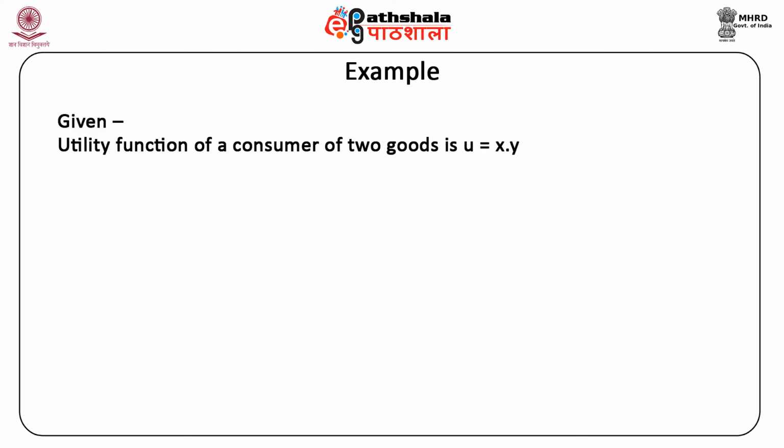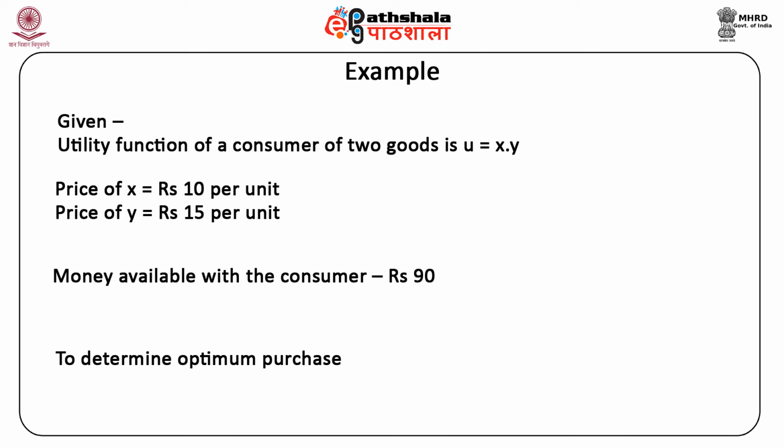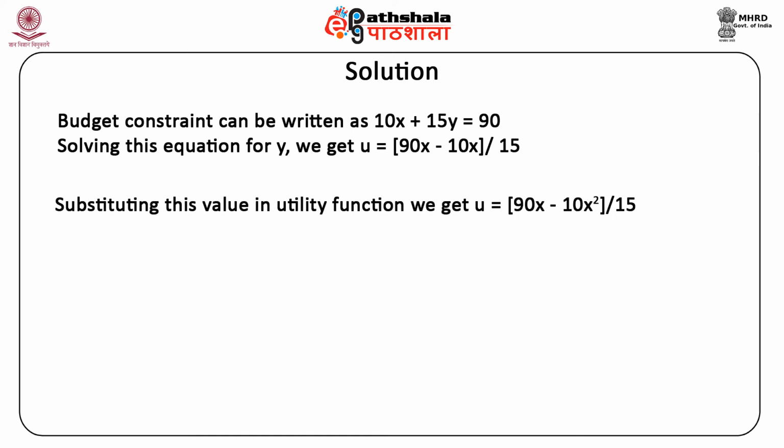The utility function of a consumer for two goods is u equal to x times y, the price of x being rupees 10 per unit and that of y being rupees 15 per unit. If the consumer has only rupees 90 to spend on the two goods, determine his optimal purchases. The budget constraint can be written as 10x plus 15y is equal to 90. Solving this equation for y, we get y is equal to (90 minus 10x) upon 15,